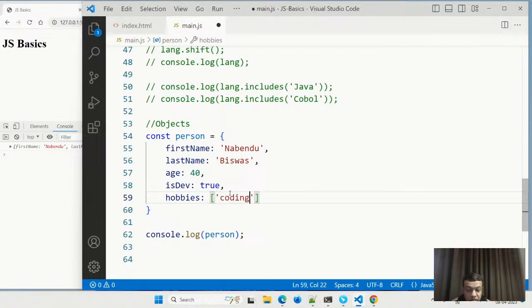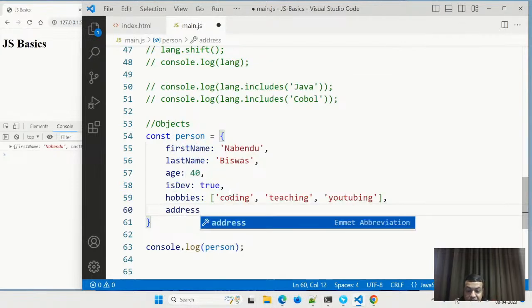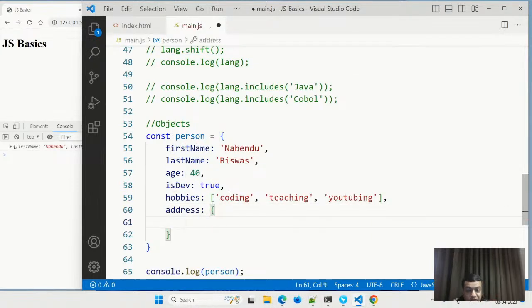Okay, so like this, I have hobbies as an array, and as I've told, it can be an object also. So I'll have an address, and the address is another object.